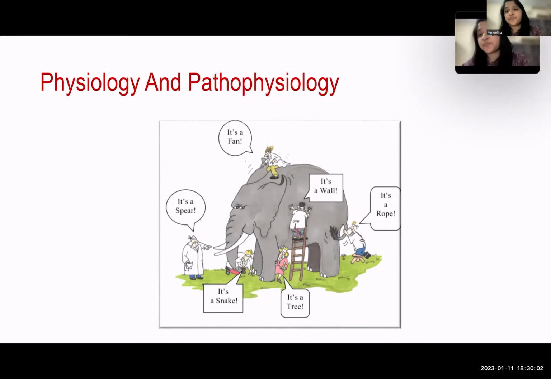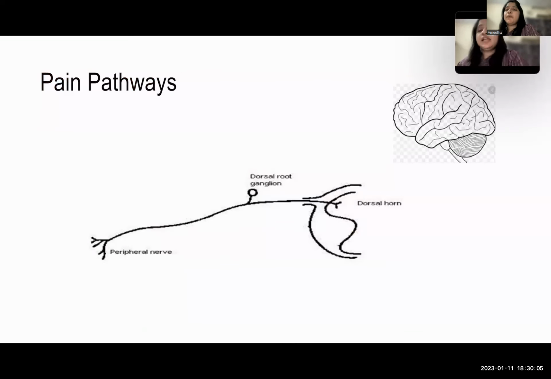Okay, only one word. So this pain pathway, in the simplest terms, starts in the peripheral nerve. A-delta and C are the nerve fibers that carry pain, and their free nerve endings act as the nociceptors. So whenever there is a tissue injury or a tissue pathology, these free nerve endings get activated and the signal is transmitted via this nerve to the dorsal horn of the spinal cord,